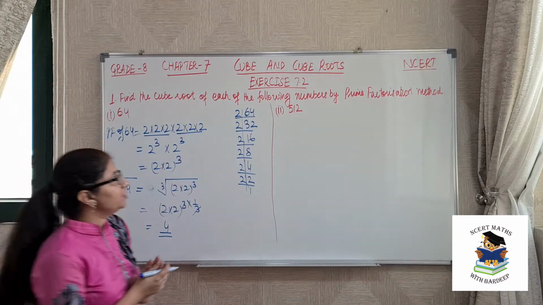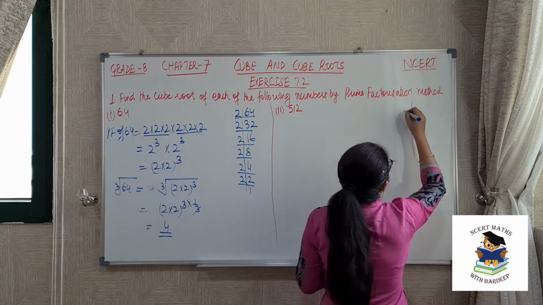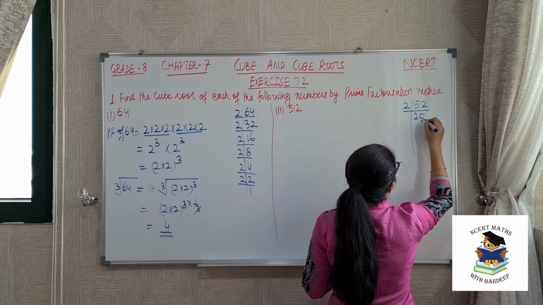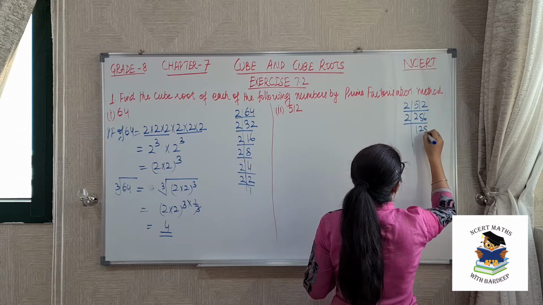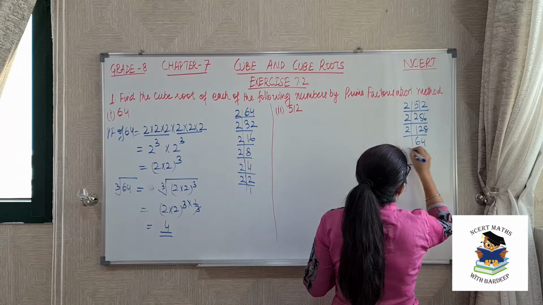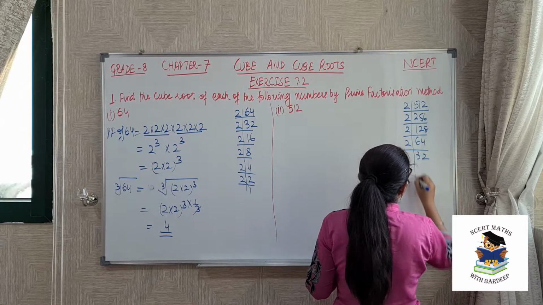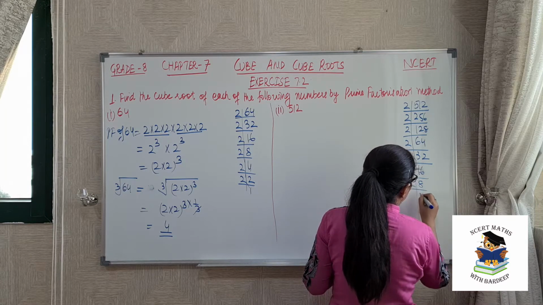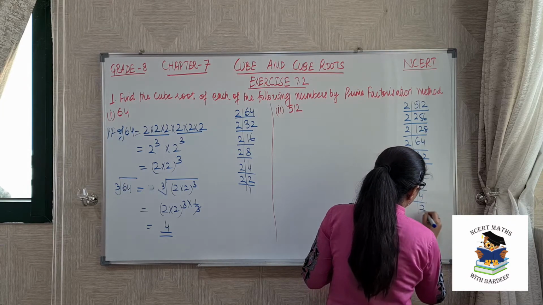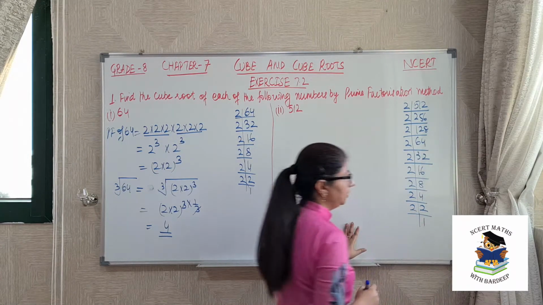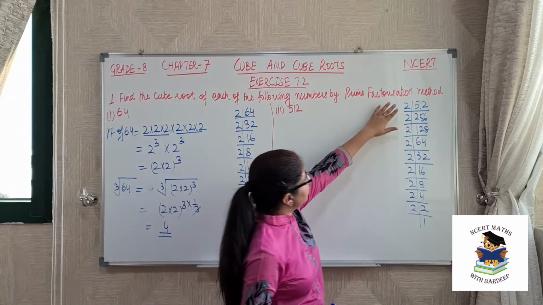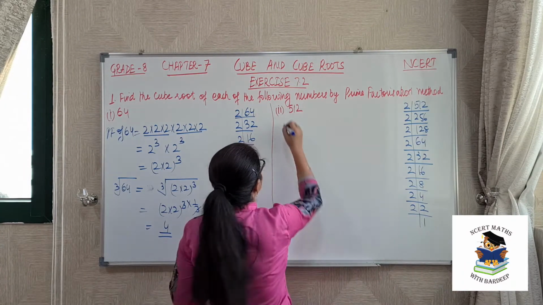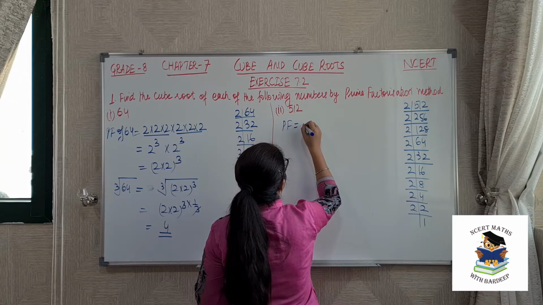Okay. So second is 512. So 512 we will factorize. So this is 2, 256, then this is 128. This is 64, 32, 16, 8, 4, 2 and 1. So prime factorization has 2 nine times. So we will write prime factorization is equal to